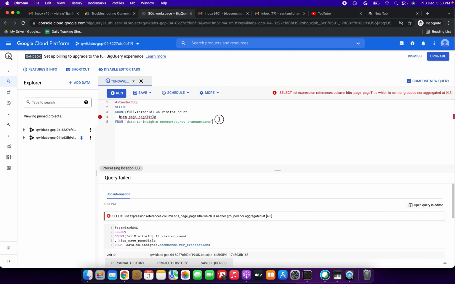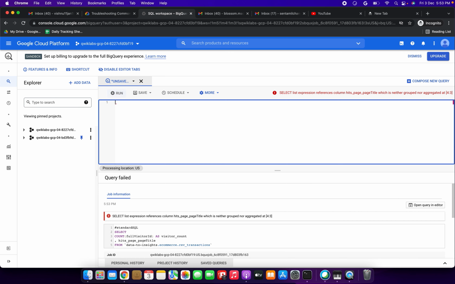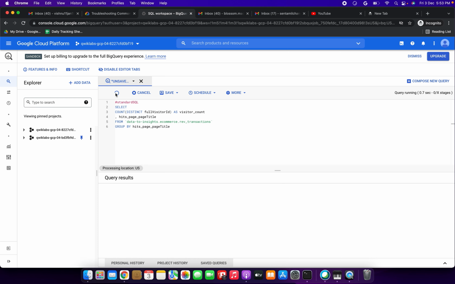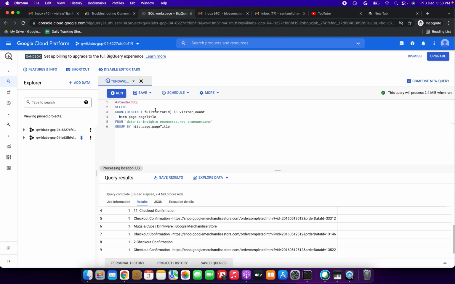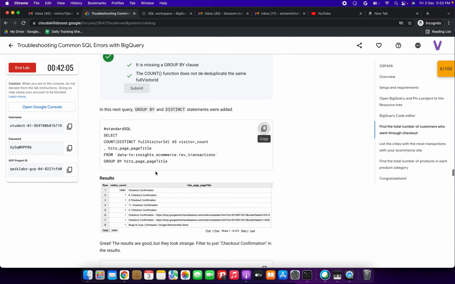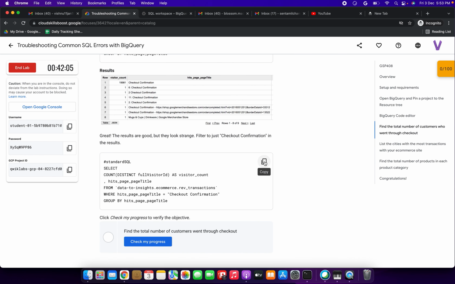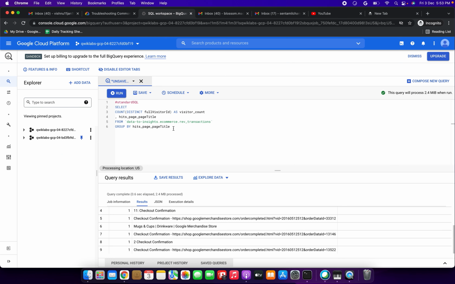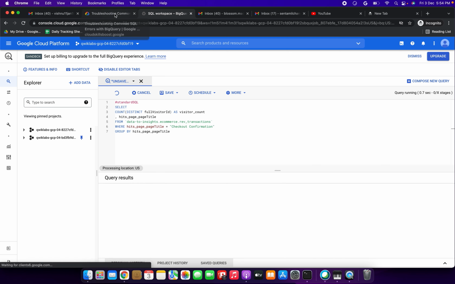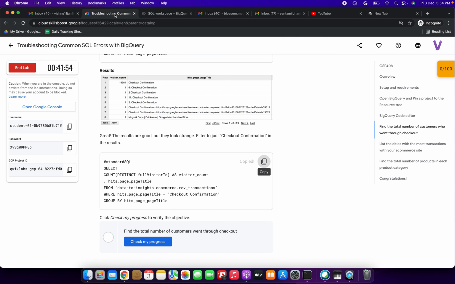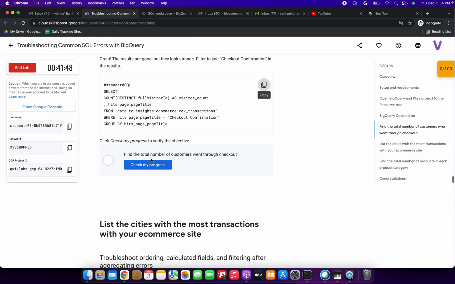I'm closing this and opening a new tab, and I'm replacing this SQL query. Now I am putting this, select count distinct full visitor ID group by. So now we are getting some output results, two columns we are getting. So same thing like that only we are getting. And next grade we have done it, and next standard SQL query. So next standard SQL query I'm putting, and I'm going to run it again. I'm going to run it, so you can see the results. We are getting some results. Yeah, we have done it.